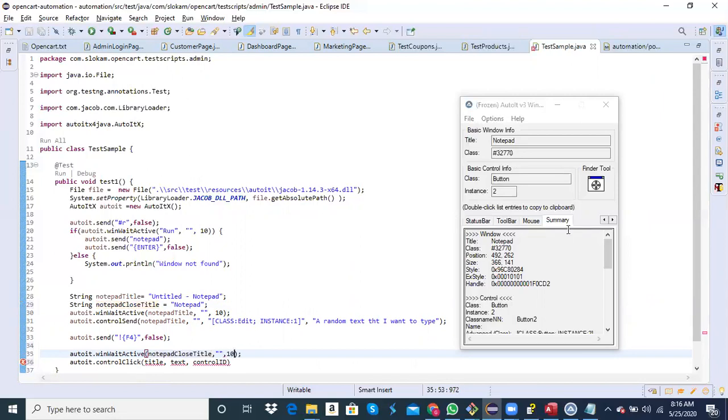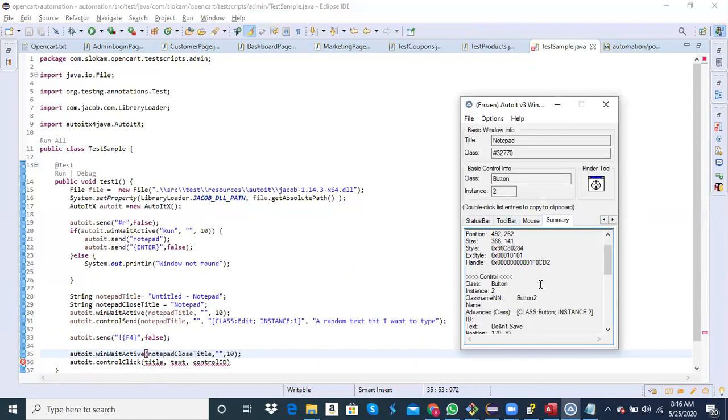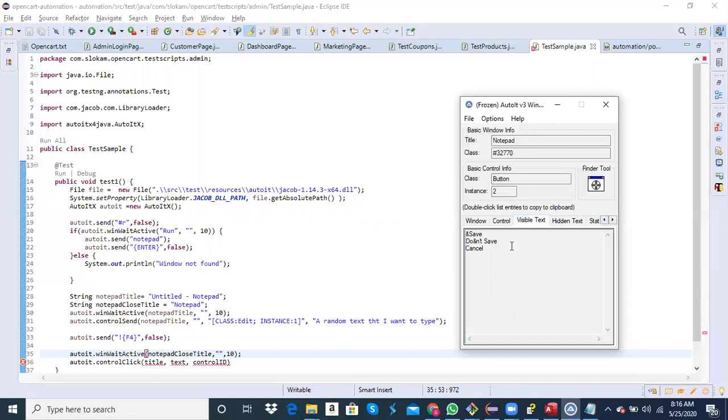I told you, right, you can use that text option. So how can I do that? Visible text.